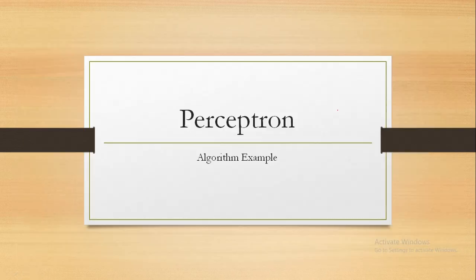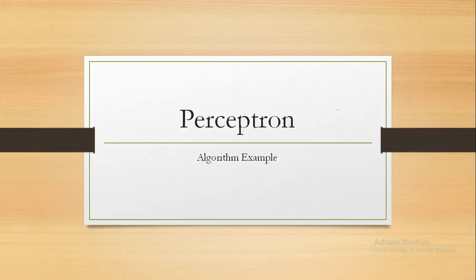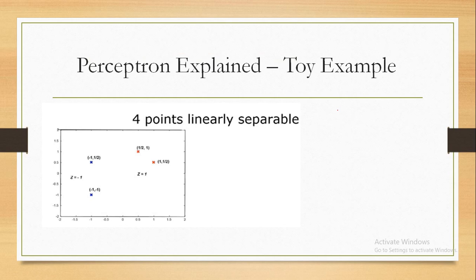So let me take an example. We will get a better idea how this algorithm works, and whether this is a proper algorithm or not, because it was introduced in 1962, and right now it's 2021. Is it a better algorithm or not? Let me take an example and try to learn this in detail. So guys, in this example,